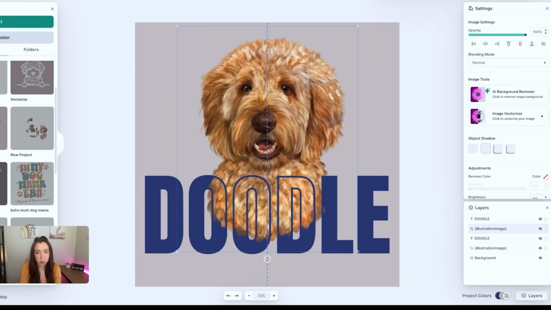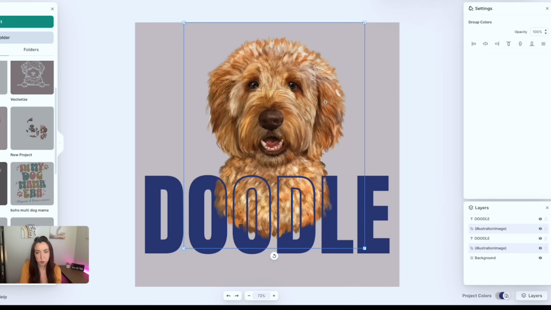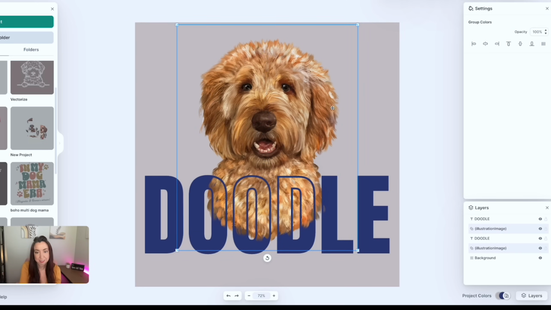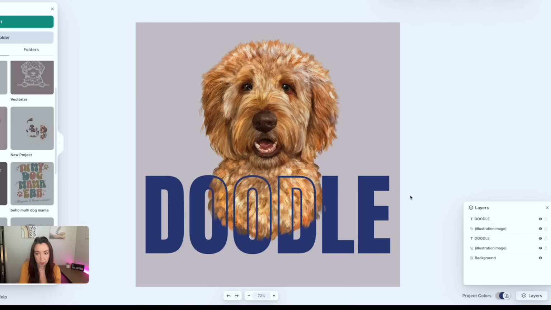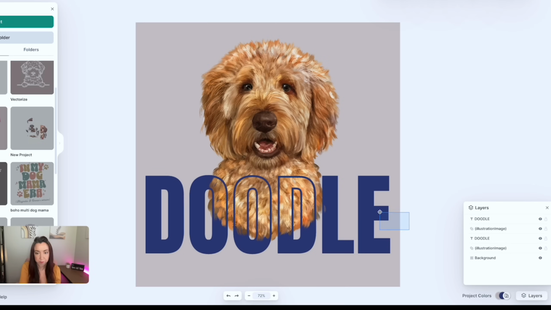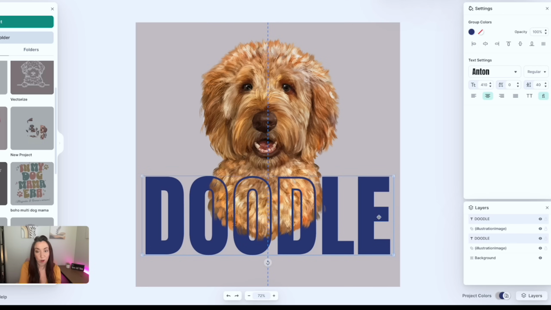So right now, see, I didn't grab that second layer. And so when I do that, I just want to make sure I'm grabbing both of them when I move it. Same thing with text. I'm just grabbing it with my mouse to move over that way so that when I move it, the whole thing moves all at once. Again, super easy way to make a really interesting design that looks like you spent hours on it, but took